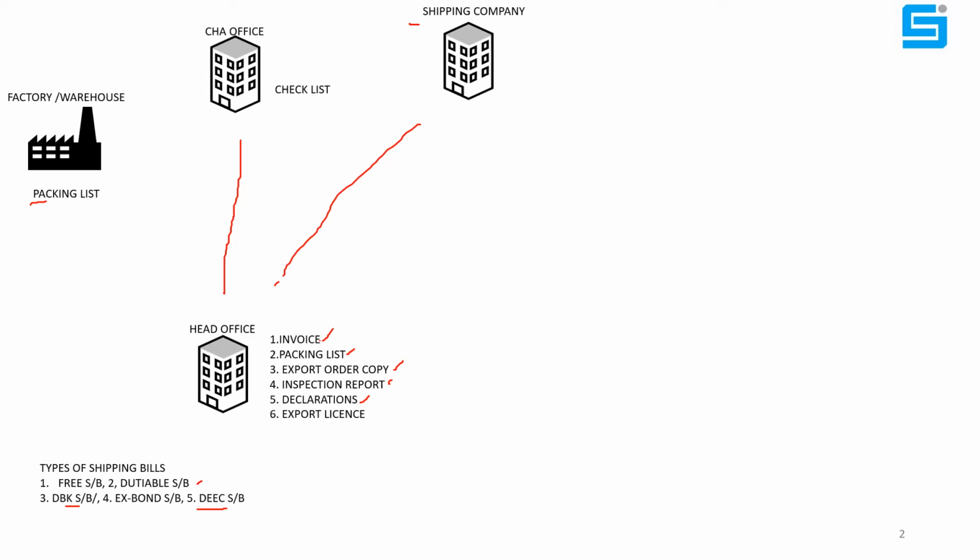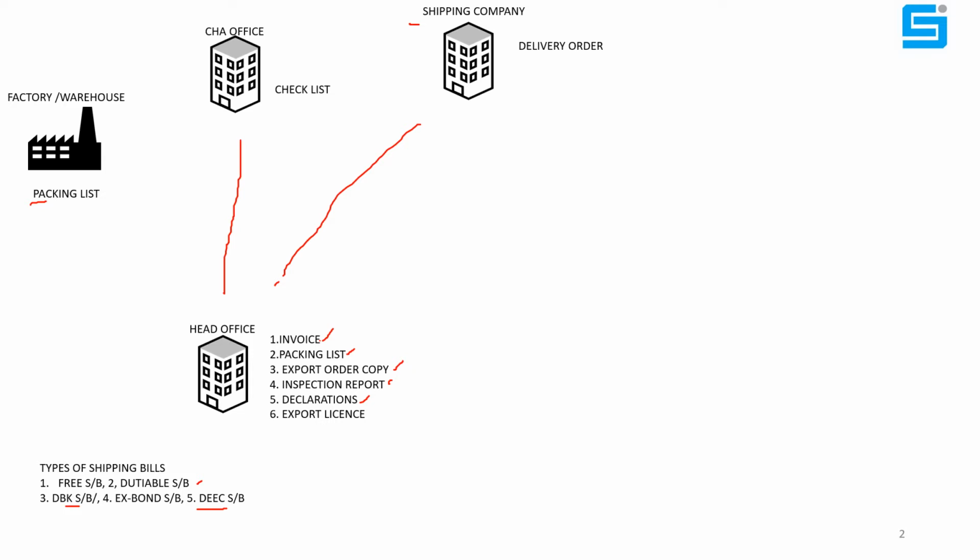Now the checklist is finalized, everything is finalized, and he approaches the shipping company for cargo booking. He asks for the delivery order for the cargo. He gives all the details: the loading port, discharge port, and how much quantity there is, and he takes the delivery order. He takes the freight charges, any other charges, and the transit times from the shipping company. Accordingly, he informs the exporter.